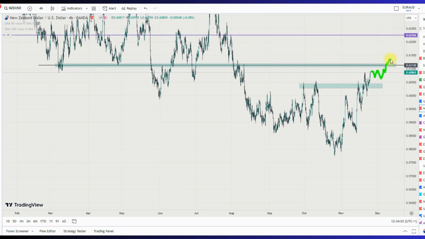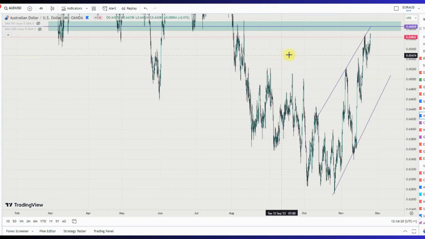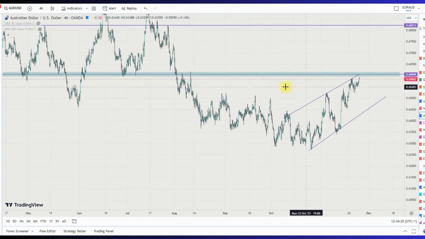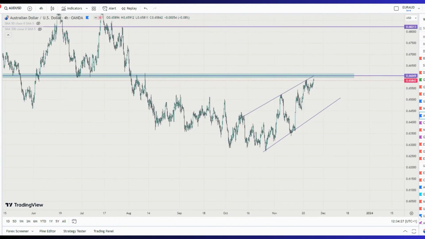If price breaks this level, then I will buy to 0.62256. But if price rejects, then I will sell back to this particular level. So let's see how price reacts on SND US dollar next week. AUD US dollar too, I'll be looking for a sell setup in the AUD US dollar. So I'll be watching for how price reacts to